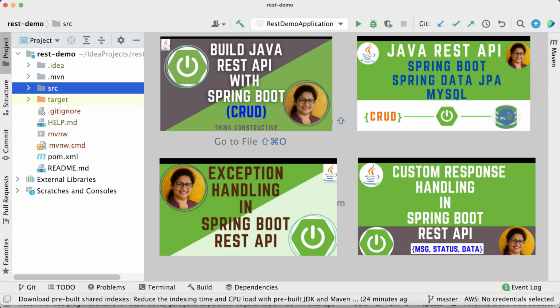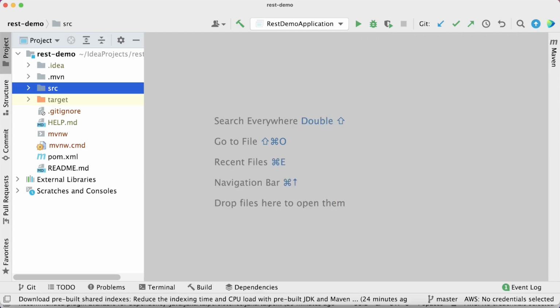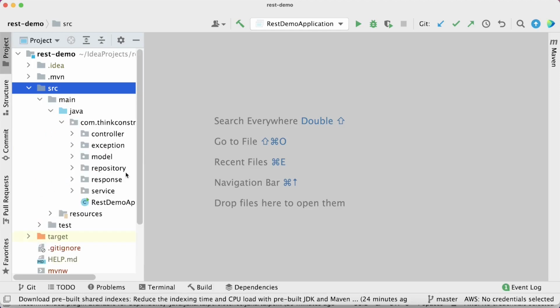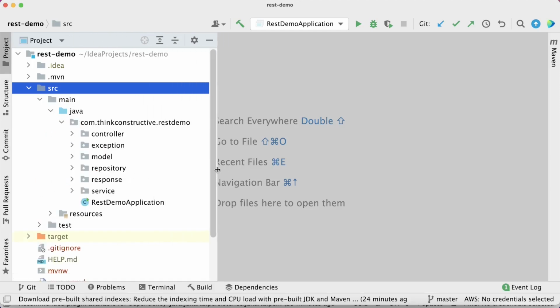For this session, I will just quickly show you all the layers which we have already written in our previous sessions, as I told you. I'll show you all the layers here, and we'll start with the repository one. All right. So here is my Cloud Vendor API application. This is the source main Java. Inside this, you can see